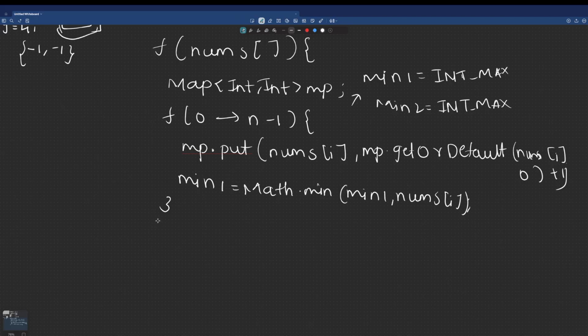Now you'll be running a loop. You'll be checking if mp dot keySet of nums of i, if it contains nums of i,